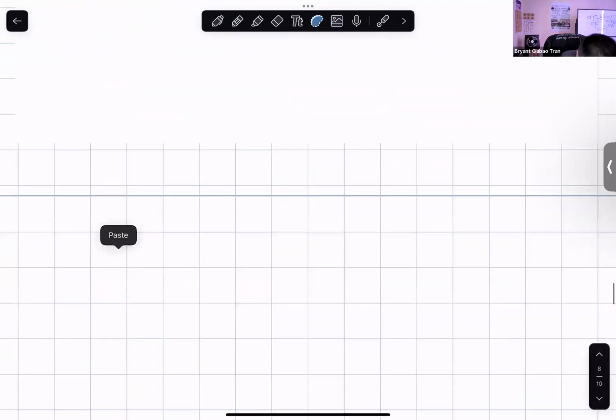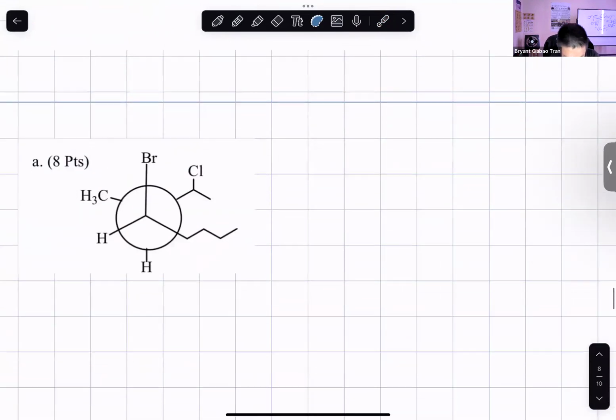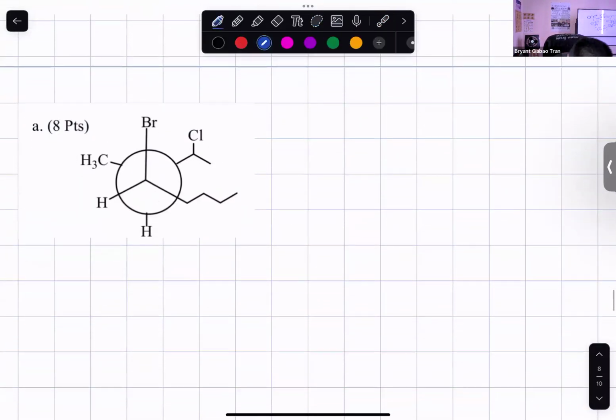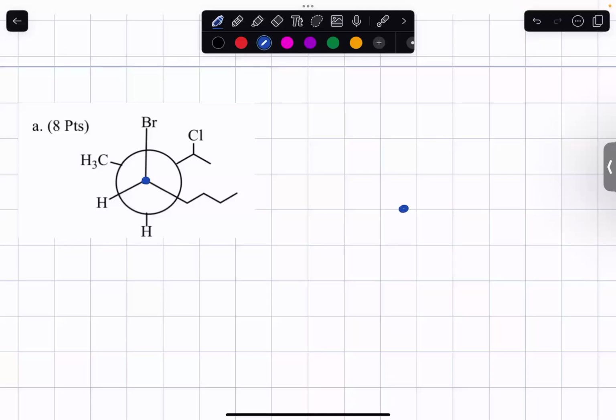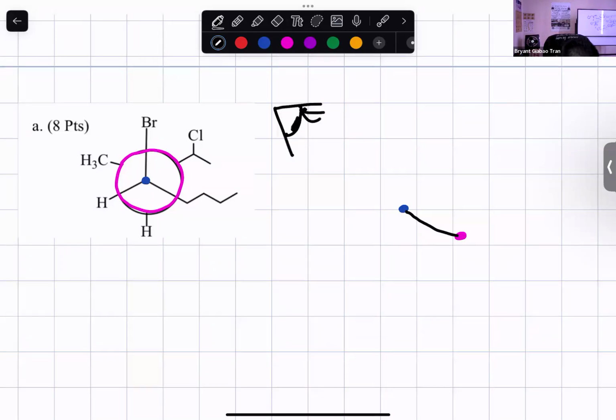We know that this very front carbon that we see is this dot right here. And I'm gonna color code that dot as blue, which is this blue carbon right here, right? The back carbon right here is going to be in pink, which is this pink carbon right here. And the bond between them, we don't see that, right? Because our eyes are right here, and we're looking down like this, straight on at that carbon,